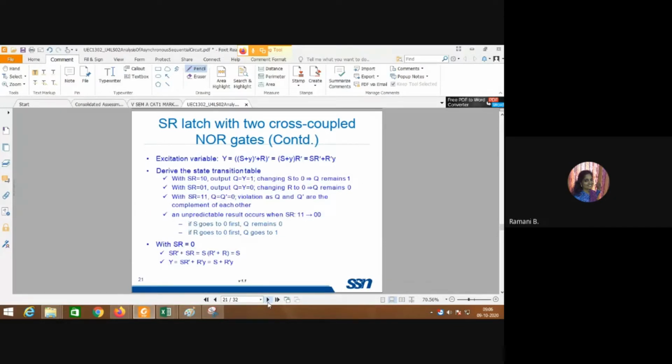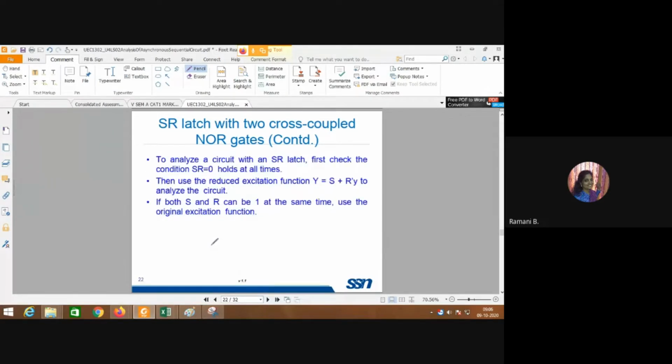Now, so this is the explanation for the same thing actually, the excitation table. Then with the transition table, we saw all these conditions, and when SR equal to 0, we got this expression. Okay. So now to analyze a circuit with an SR latch, what we do is first we check for the condition whether SR is equal to 0 at all times. Okay, that is the main thing you need to analyze first when you are having SR latch with NOR gates